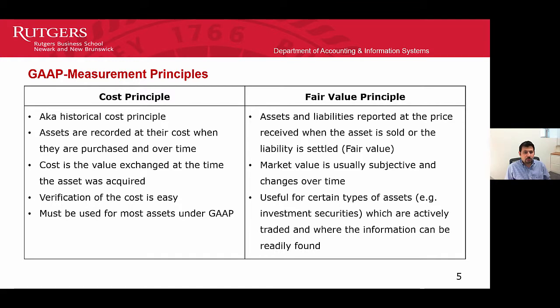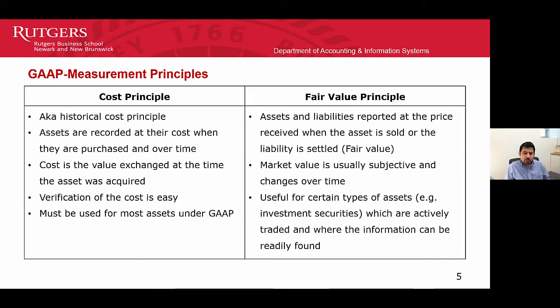Now, even if, for example, in 2 years the value of the land became $7 million, you still record it at cost. And under GAAP, this is the measurement principle that has to be followed, except for specific assets. On the other hand, the fair value principle states that assets and liabilities should be initially reported at